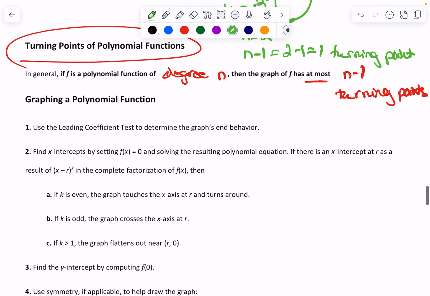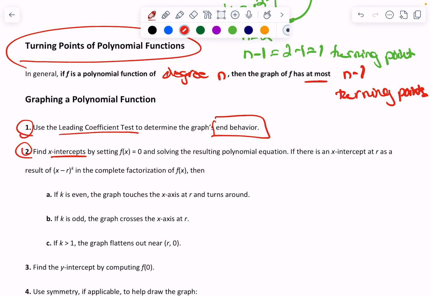Now, when we graph a polynomial function, we're going to put everything that we know together and use that knowledge to graph it. First, we're going to use the leading coefficient test that we learned in the beginning to determine the graph's end behavior. Step 2 is to find x-intercepts by setting f of x equals 0 and solving the resulting polynomial